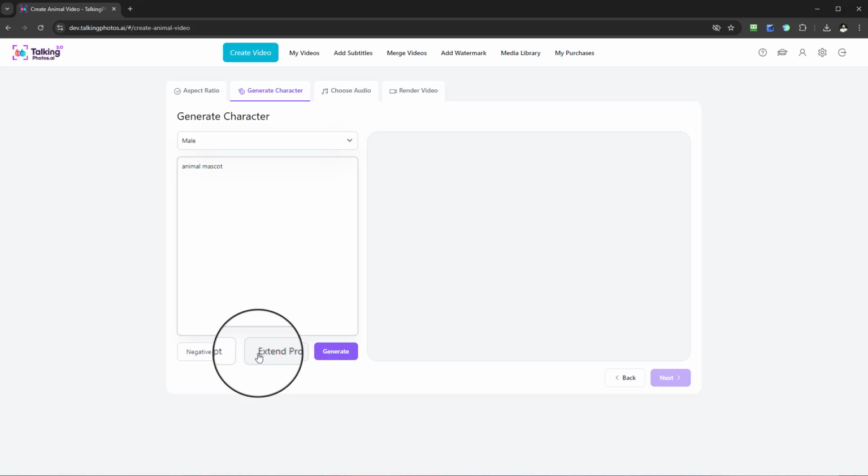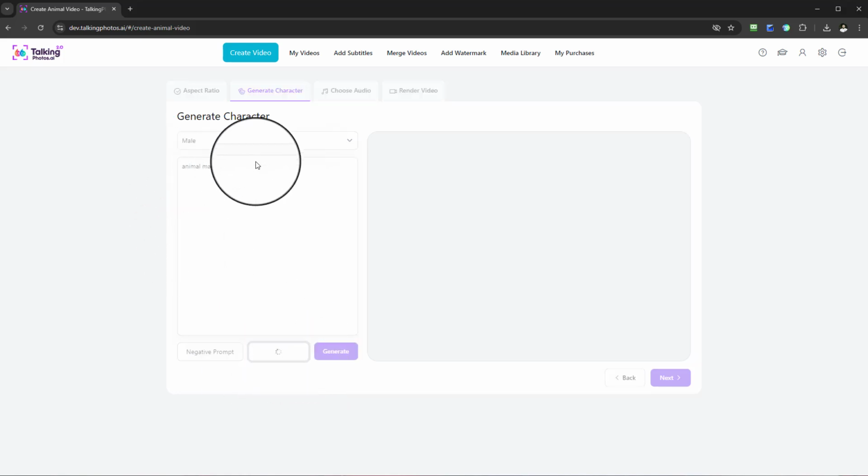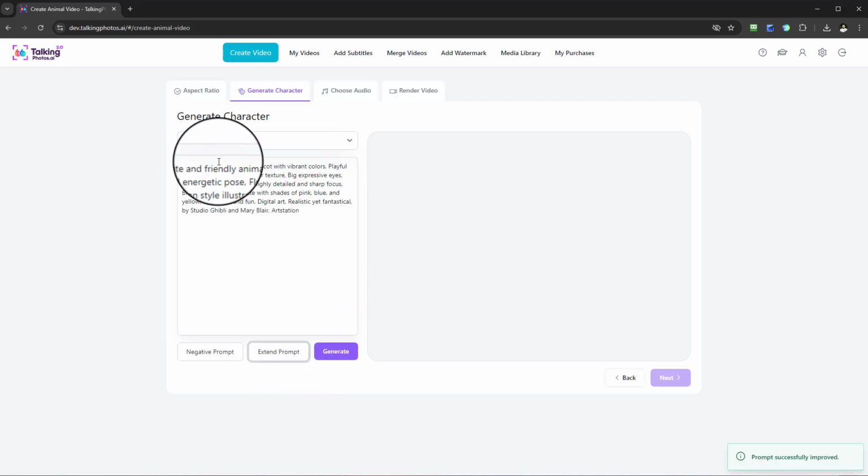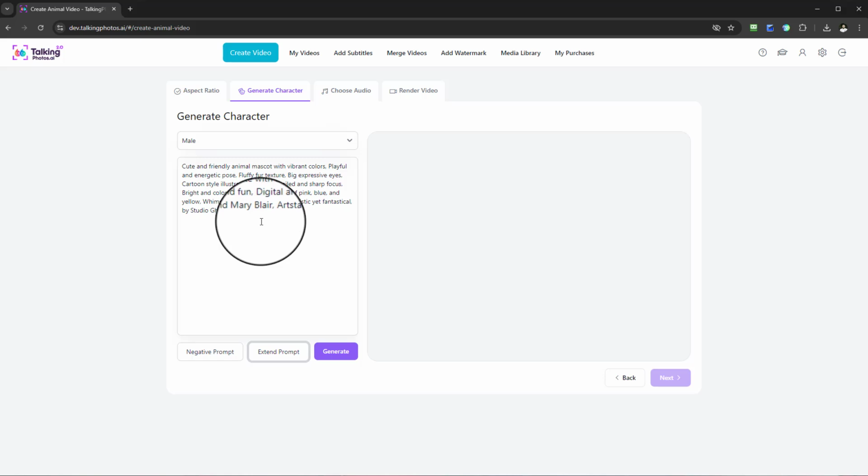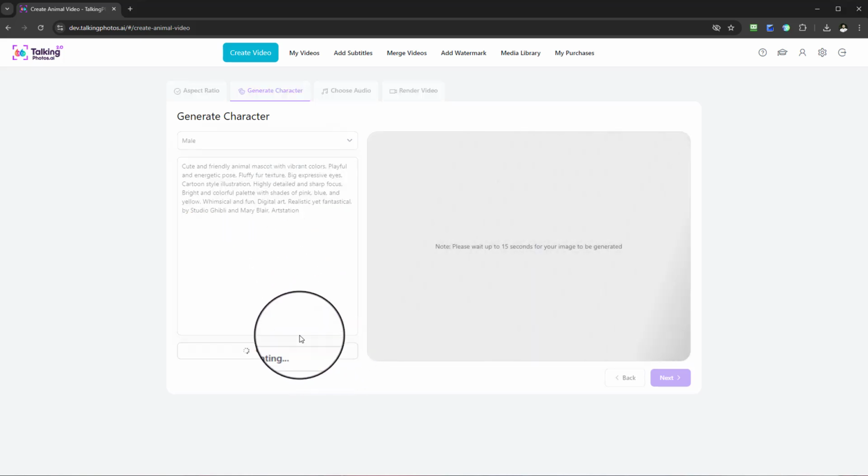taken away because I have the ability of using AI and extend prompt. So I'm going to select extend prompt. You can do this yourself if you want. Just keep it nice and simple. You could tailor make it yourself, but for the purposes of this, I'm just going to create a random mascot